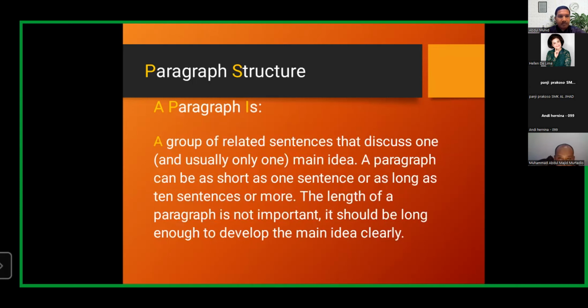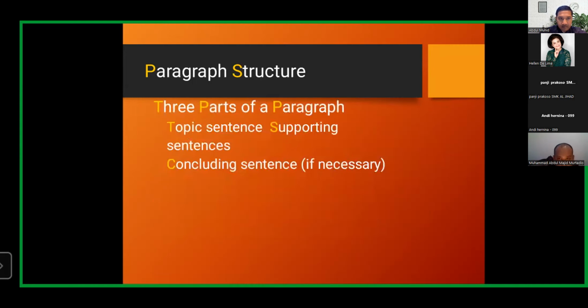The length of a paragraph is not important. It should be long enough to develop the main idea. Okay, next explain Bu Rindu.